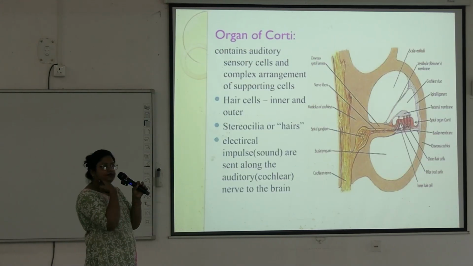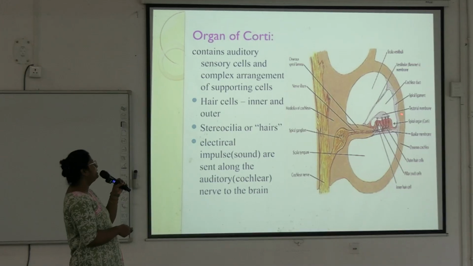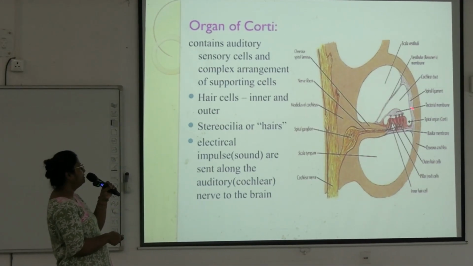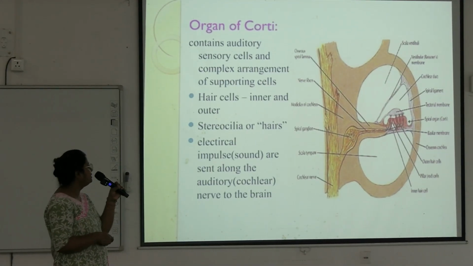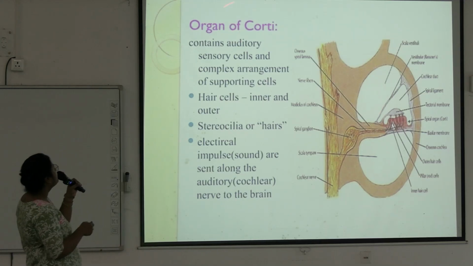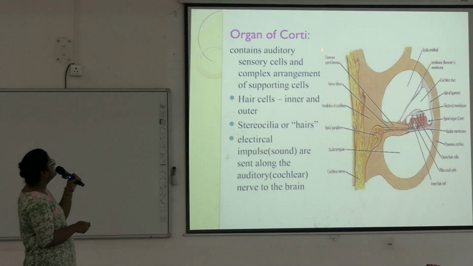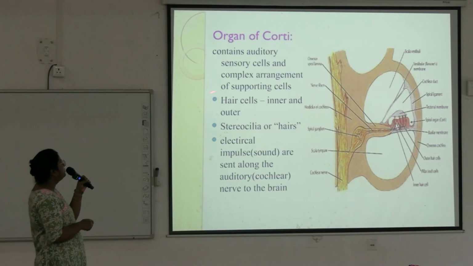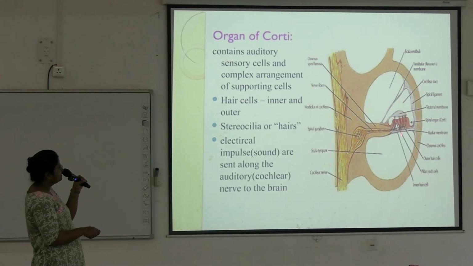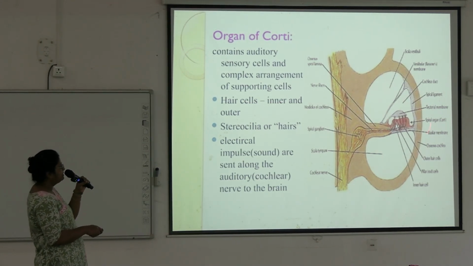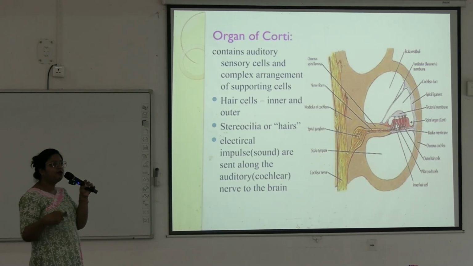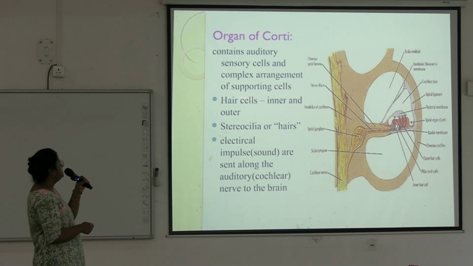So during sound transmission, there will be movement between the stereocilia and tectorial membrane and an electrical impulse will be generated. The organ of Corti contains the auditory sensory cells and a complex arrangement of supporting cells. The rest of the cells except the inner and outer hair cells are all supporting cells. Hair cells are the inner and outer hair cells. They have stereocilia or hairs and they convert the sound into electrical impulses, which are sent along the auditory or cochlear nerve